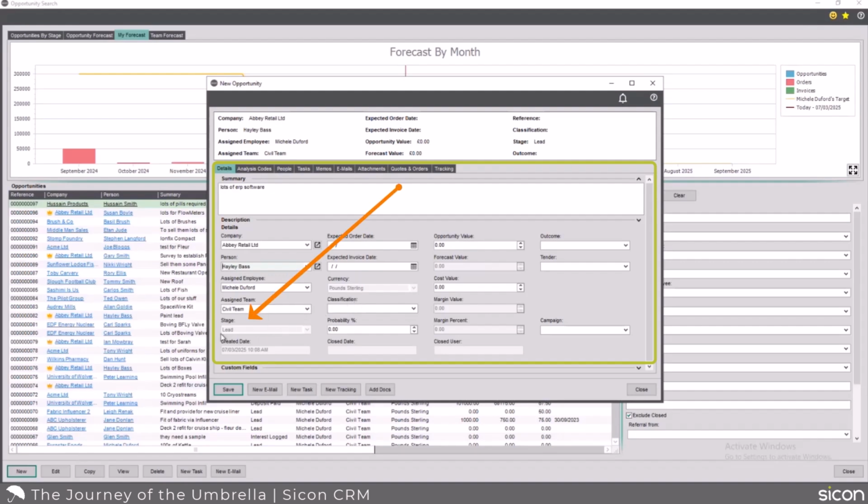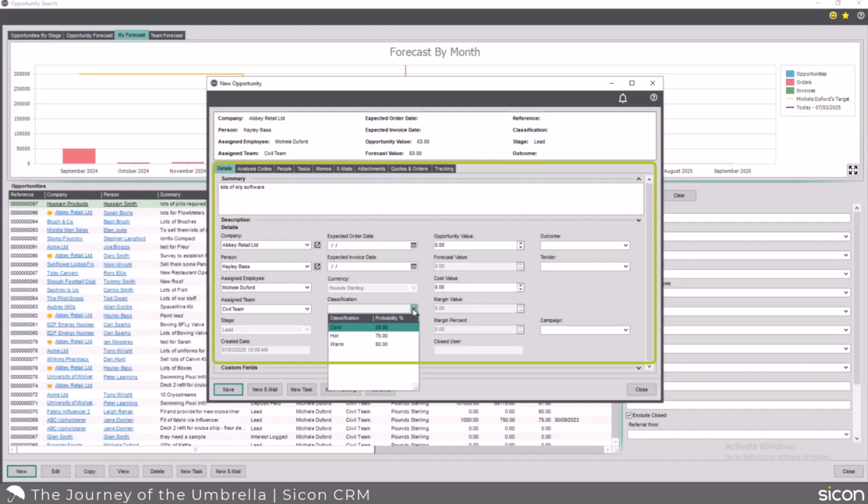And there, as you can probably see, that stage is currently grayed out. That's because I've got a little workflow switched on. So it's going to lead me through the process step by step of where I go next, if you want it to. It's not compulsory. As I mentioned previously, we have some pre-configured stages and classifications out of the box, but that's up to you to design. So for me, I've got my classifications as cold and hot and warm,